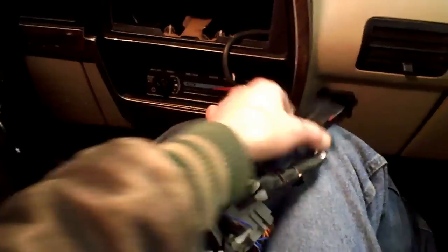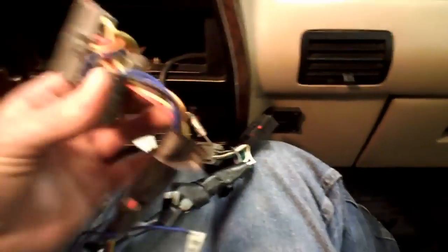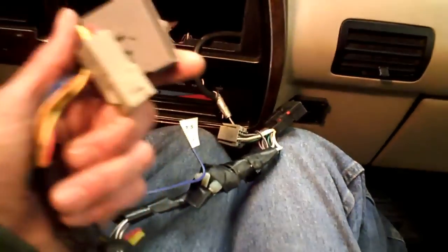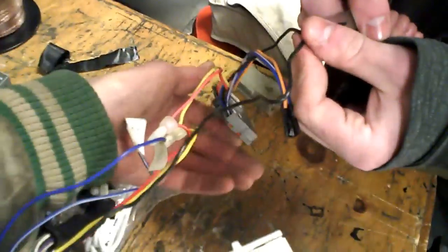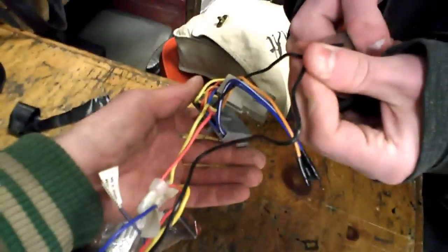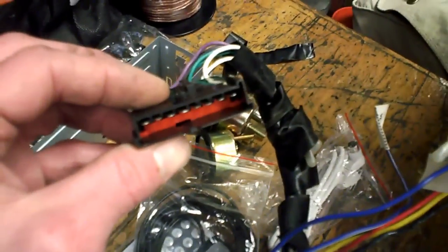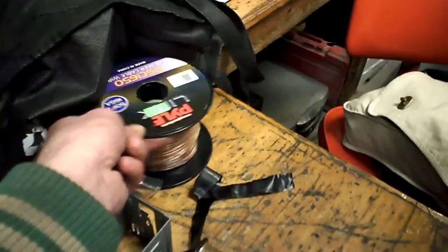Alrighty guys, we got the old stereo out because we originally bought these Ford connectors, so we're going to hook these Ford connectors up to the new stereo and run new speaker wires. Okay, so we're just disconnecting the plug for power, and we're not going to reuse this because we're not using factory wiring. We're going to be running our own speaker wire. Got some better 16 gauge here. And then we can wire in speakers,